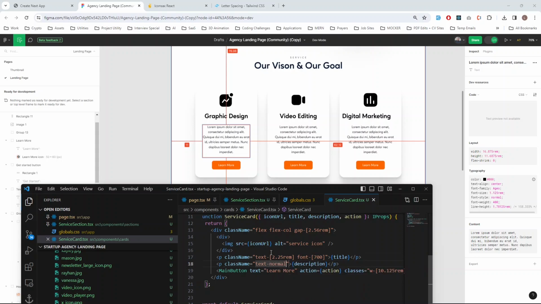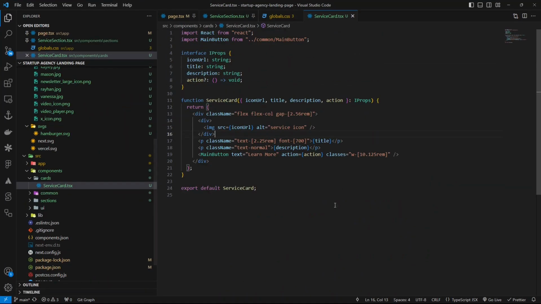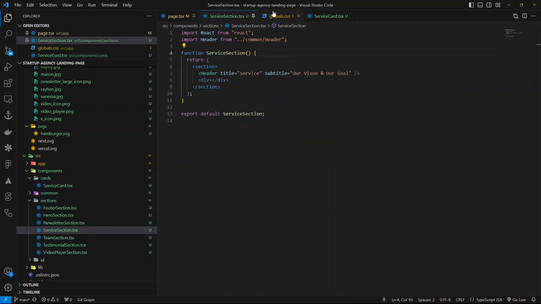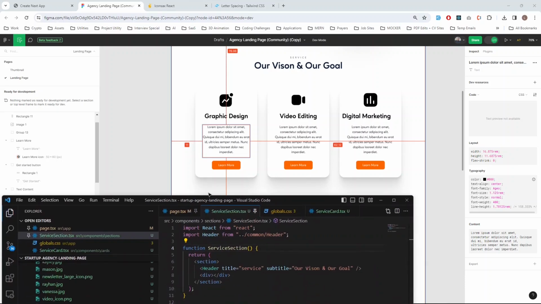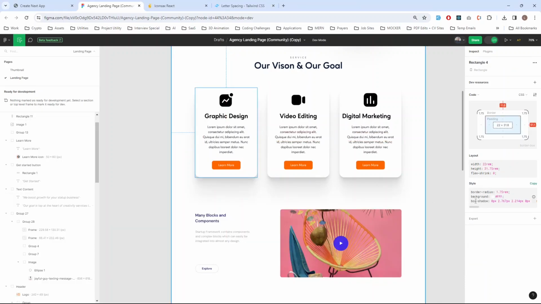So text normal, that's completely fine. Okay, so we have our service card all set. So one of the things we need to do is add the shadow. These are box shadows, so you could just grab